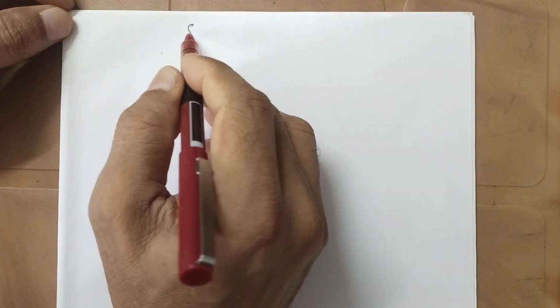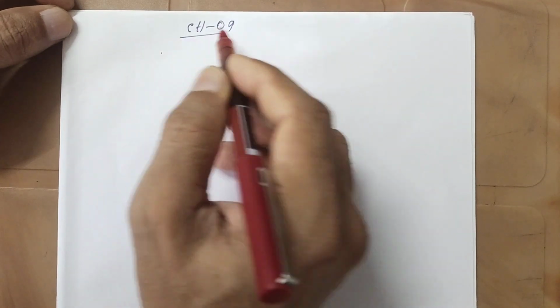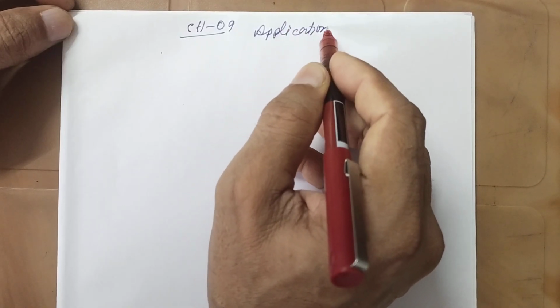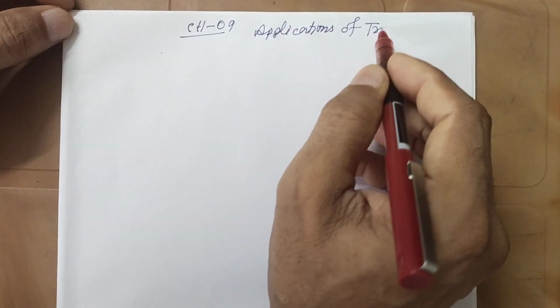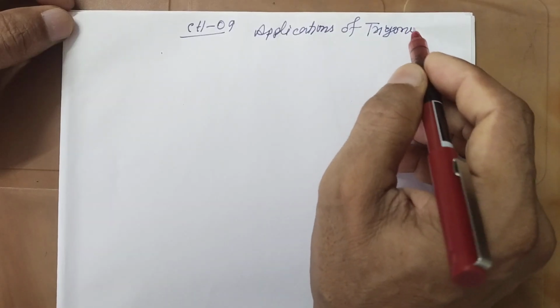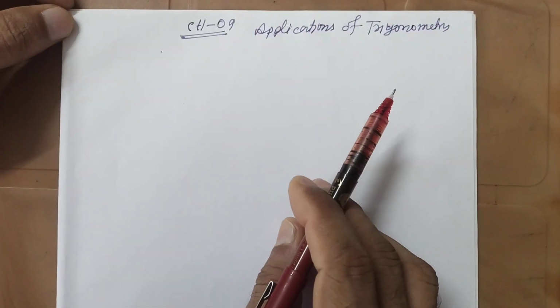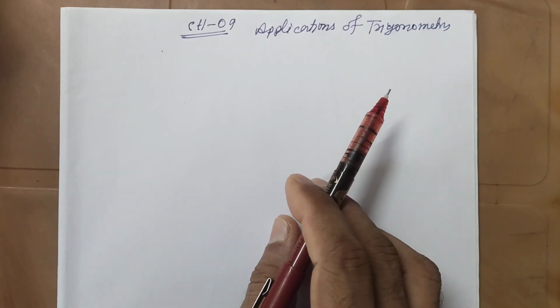We are starting chapter 9. It is applications of trigonometry. Applications of trigonometry, there are very interesting applications, like